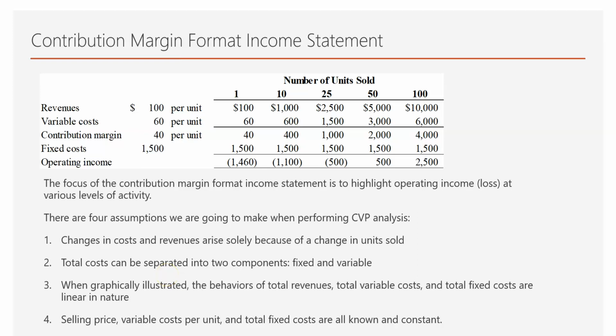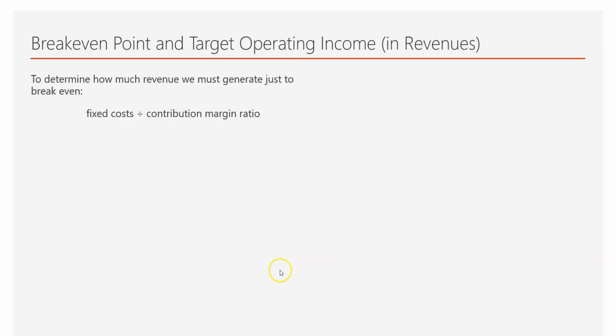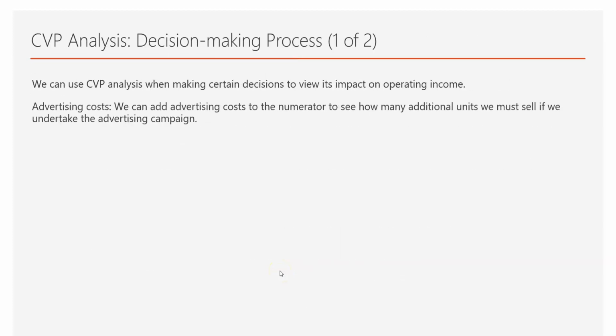Changes in costs and revenues arise solely because of change in units sold. So everything in this table is going to change only because of the number of units sold. But what if selling price changes, variable cost per unit changes, and total fixed costs change? Then we have sensitivity analysis to look at